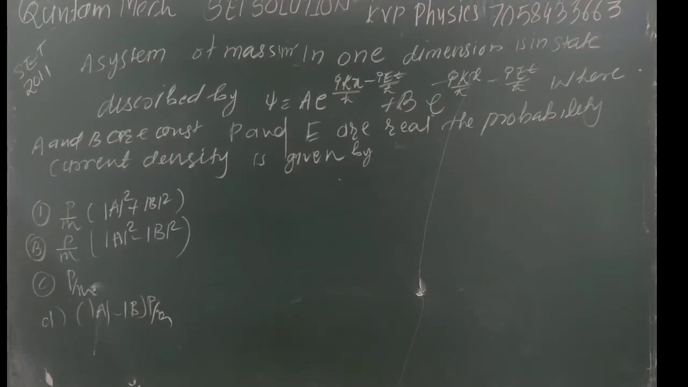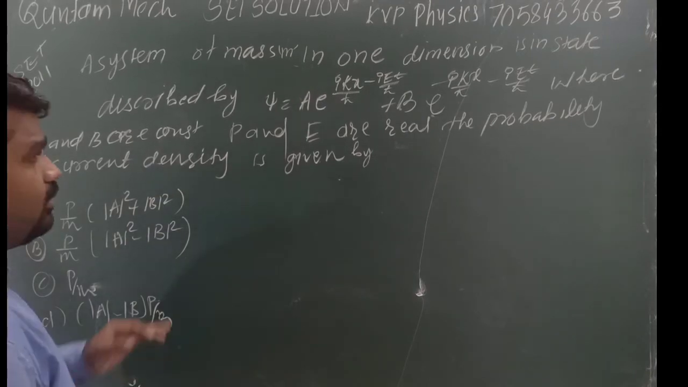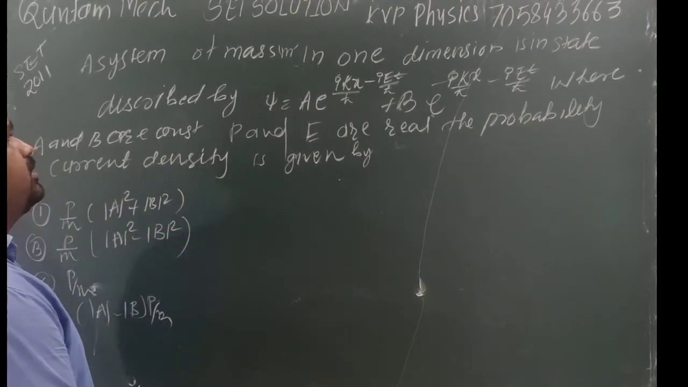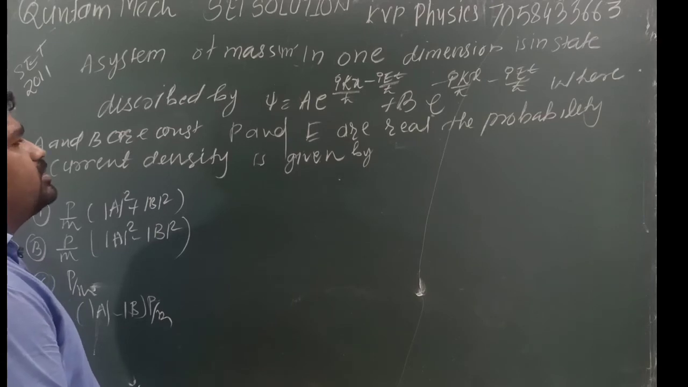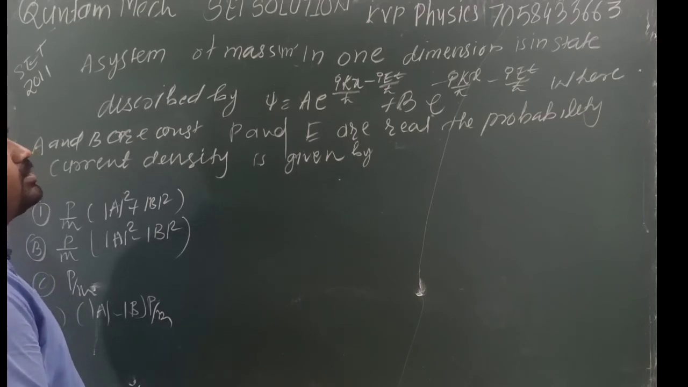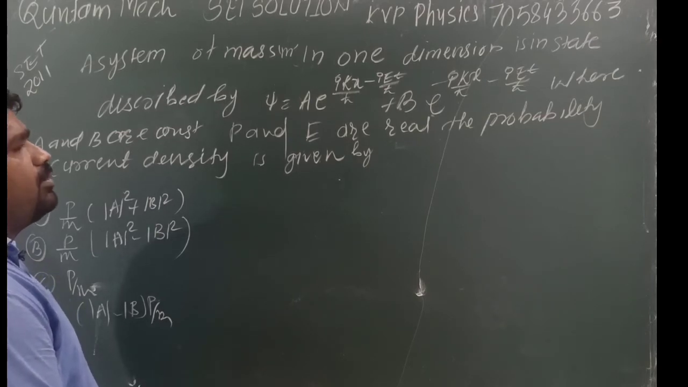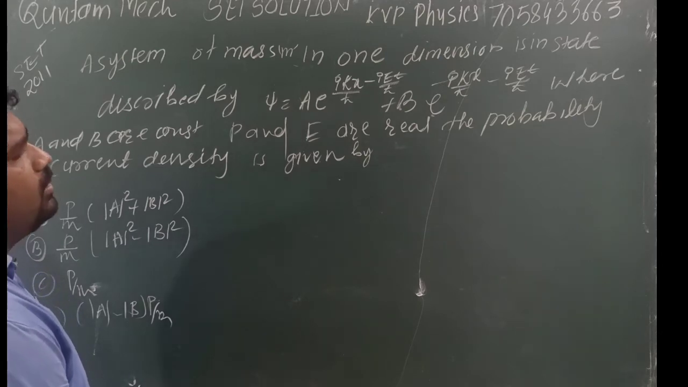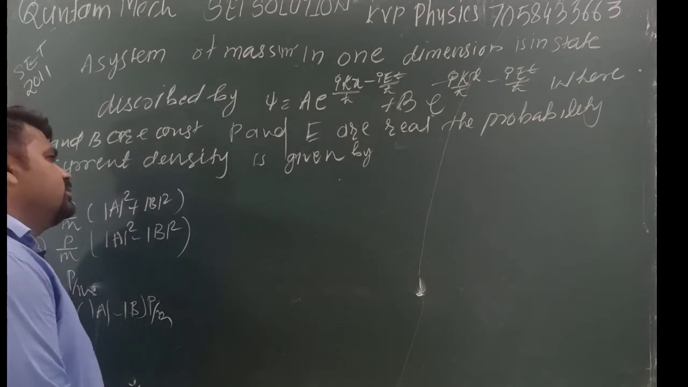Next question, set 2011 question. A system of mass m in one dimension is in a state described by psi equal to A e to the power i k x upon h cross minus i E t upon h cross plus B e to the power minus i k x upon h cross minus i E t upon h cross, where A and B are constants and p and E are real. The probability current density